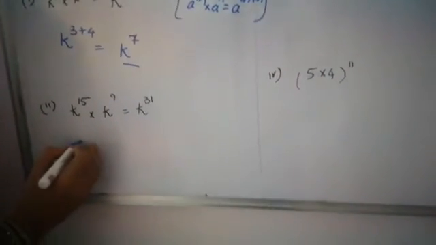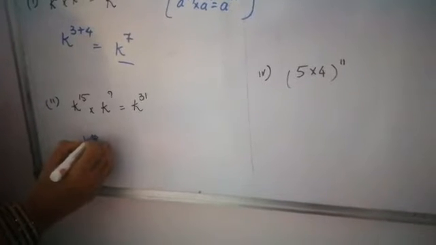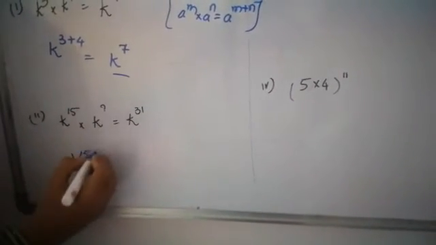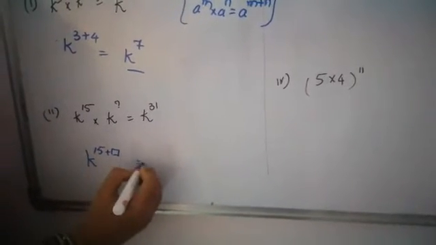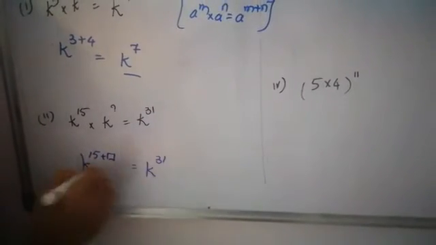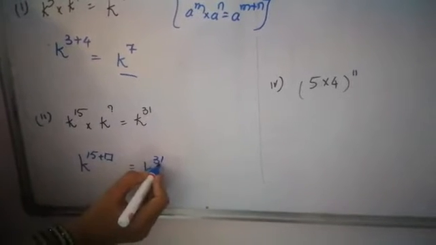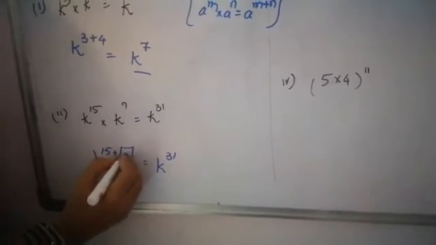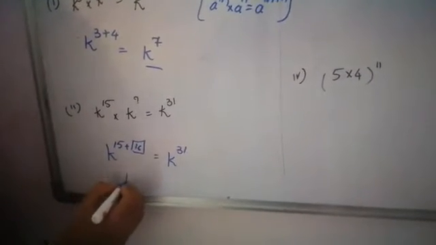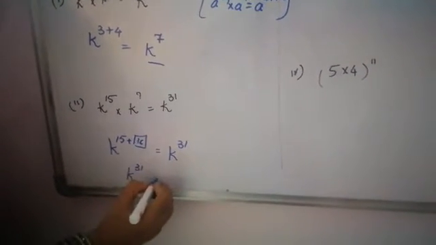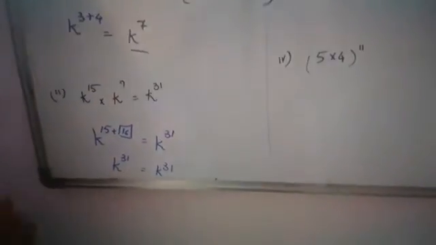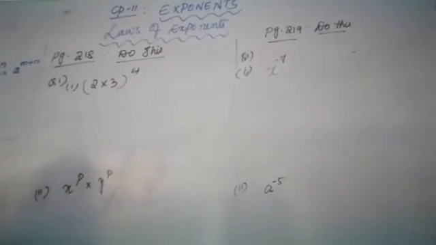Fine. Here, k to the power of 15 is given, children. Bases are same, powers must be added. So, we don't know what is here. The question mark is given, equal to k to the power of 31. So, what number will you write so that it will be 31, children? It is nothing but 16, isn't it? 15 plus 16, k to the power of 31 is equal to k to the power of 31. So, it is 16. Next question, children. Do this, page number 218, these questions are there.